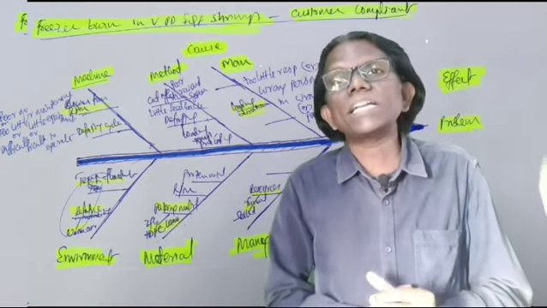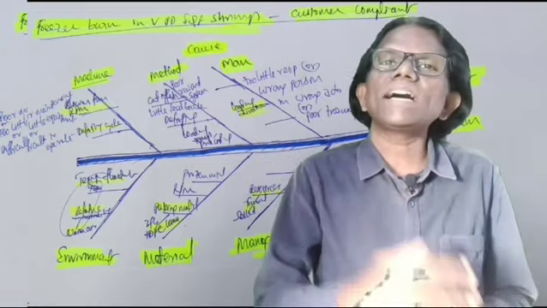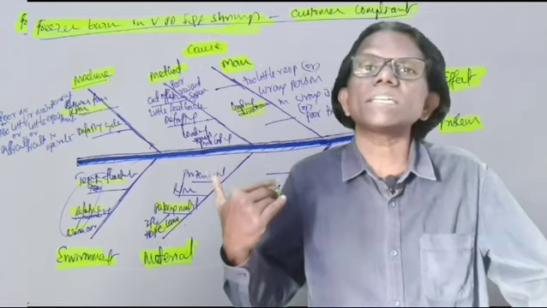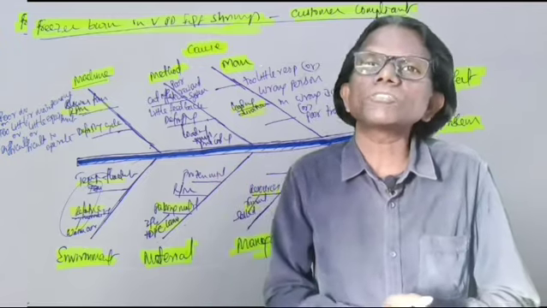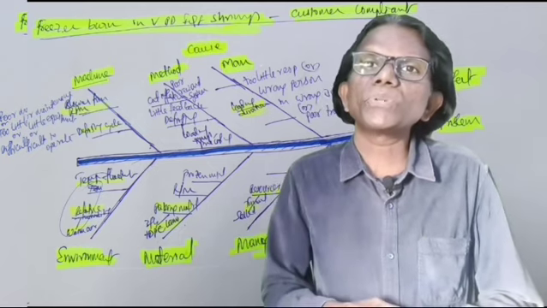Or if you don't have a conveyor system from the cold store to the container for loading the cargo, it will also take time. So that is also machine. If there is too little equipment, the process is lengthy. Then the next M, the fourth M, is